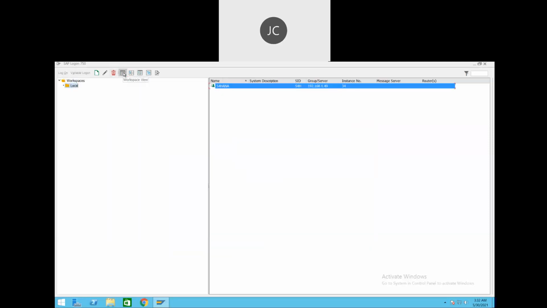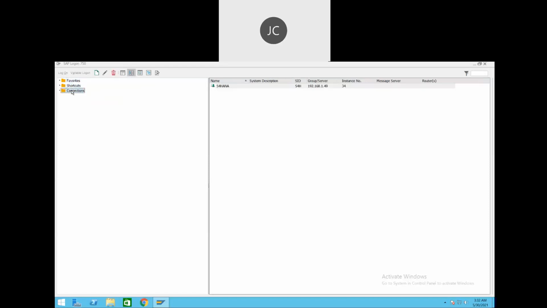We can change our workspace view also, how it should look. We can create local workspaces, or we can rename. If you want to create a new subfolder or new entry, we can do all those things here. You can explore connections, then shortcuts, and favorites if you want.